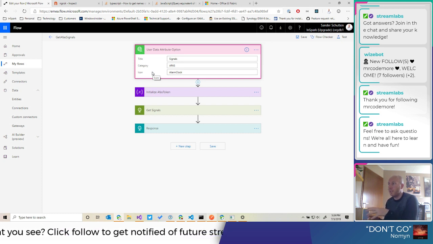So when I save this flow, Flow will basically do two calls to my API. One, a delete of the previous trigger configuration, and the second is the registration or the subscription for the modified trigger.